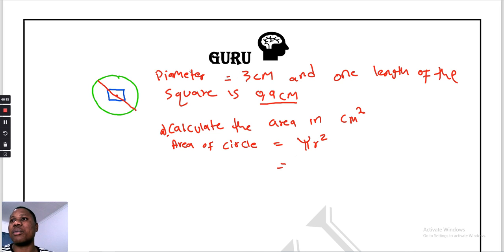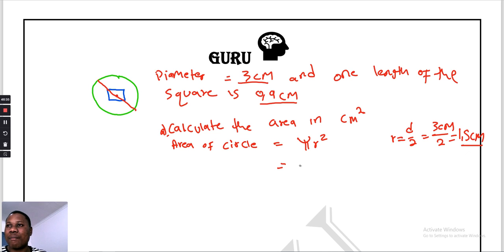And when we check here on our dimensions, we are given 3 centimeters as a diameter. So we don't have the diameter in our formula. So we're going to say radius is equal to diameter divided by 2, which is 3 centimeters divided by 2, which is 1.5 centimeters. Meaning that our radius is 1.5 centimeters. So our pi is substituted by 3.142 times (1.5 centimeters) to the power 2, which